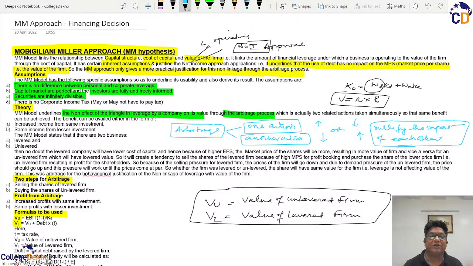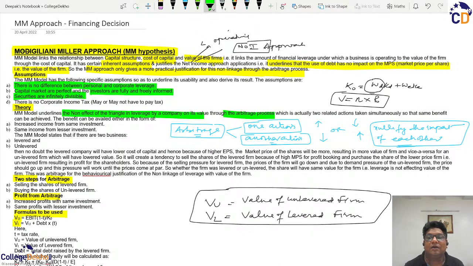So what is arbitrage? Whatever impact one action makes is nullified by an equal impact in the opposite direction through another action. Now how that will work in our scenario, we will be discussing. But the basic logic that comes into our mind is that if you see from here,